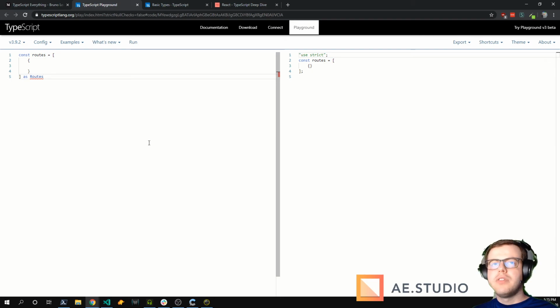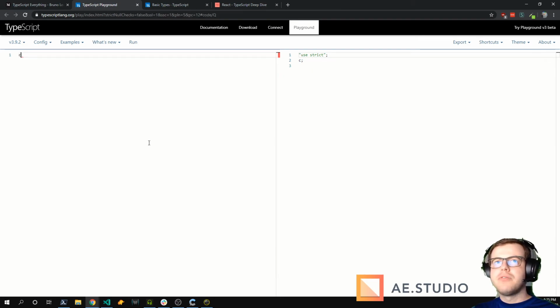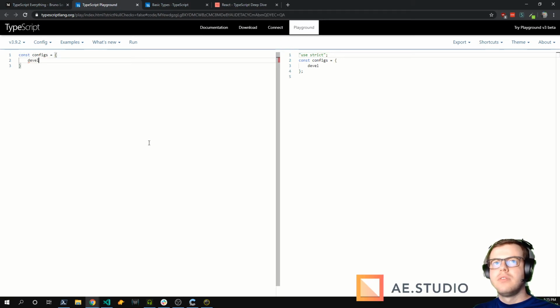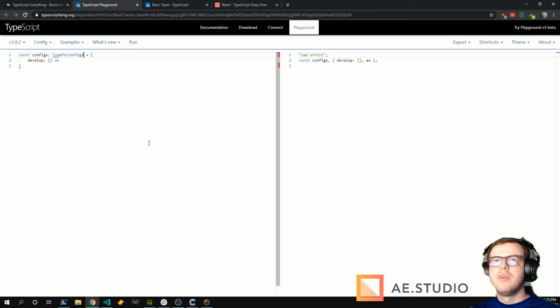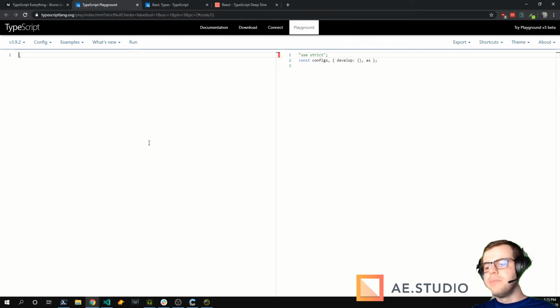So I use "as" like this, or for database configuration, you have configs, and then you have develop, and then you can cast, or you could define the type here, type for configs. I don't know.